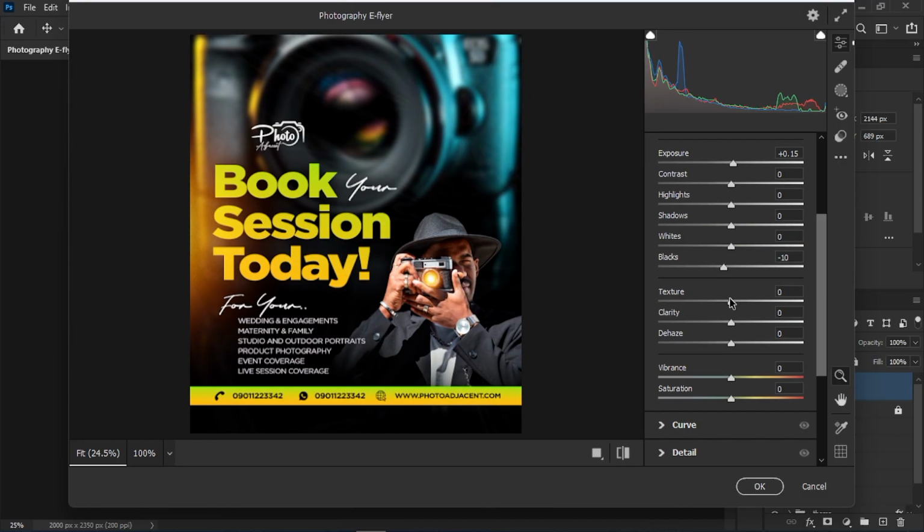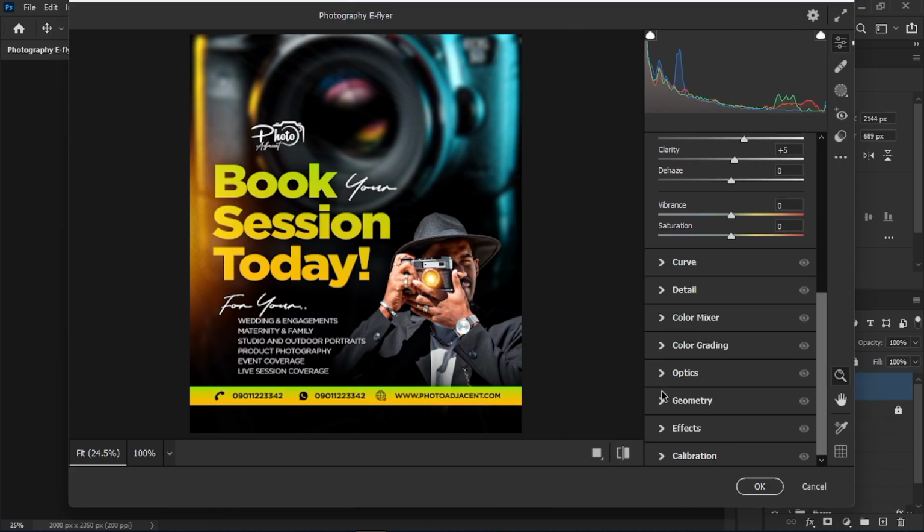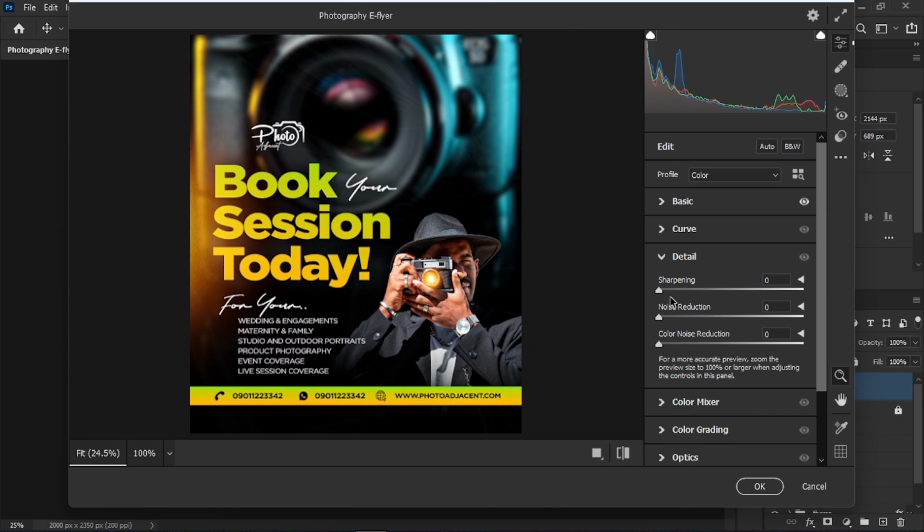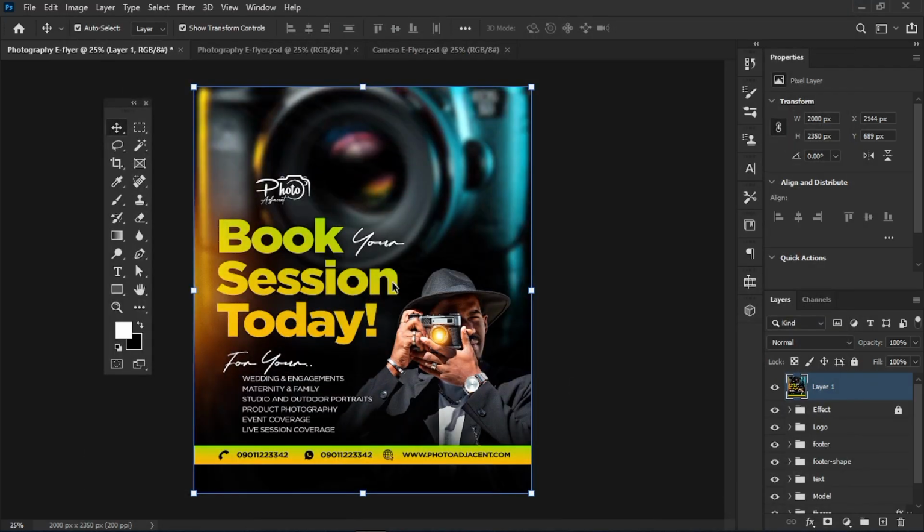Then let's head over to our texture, the clarity as well, and just a little. Then let's head over to details and increase the sharpening just a little bit, and the noise as well a little bit, everything just a little bit and not much. Let's hit OK, and boom guys,